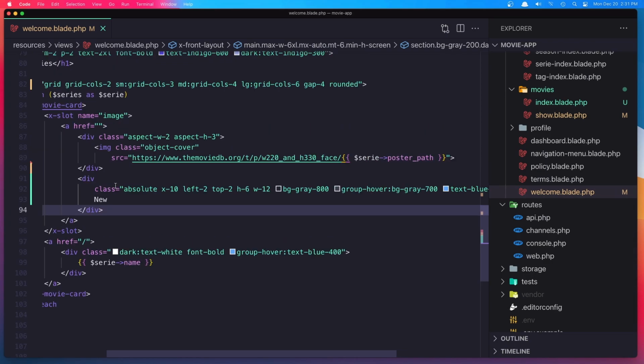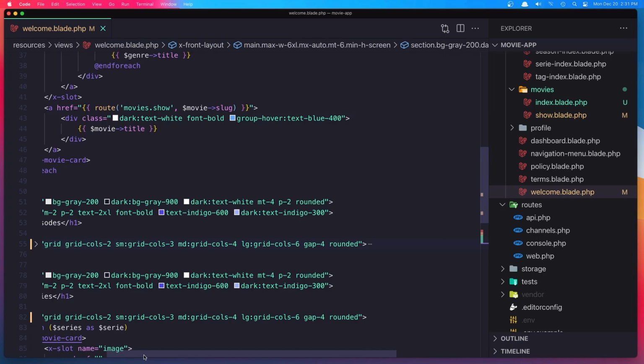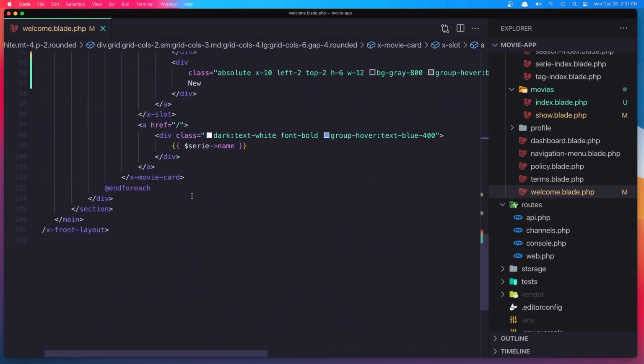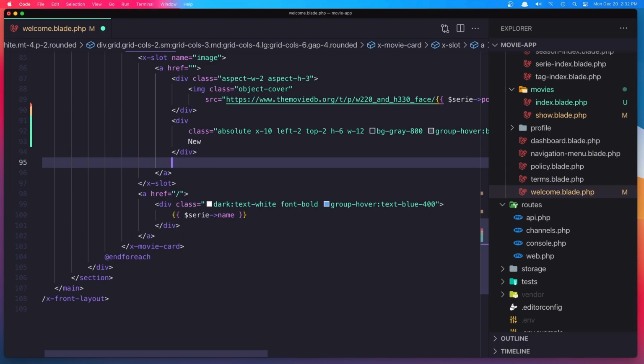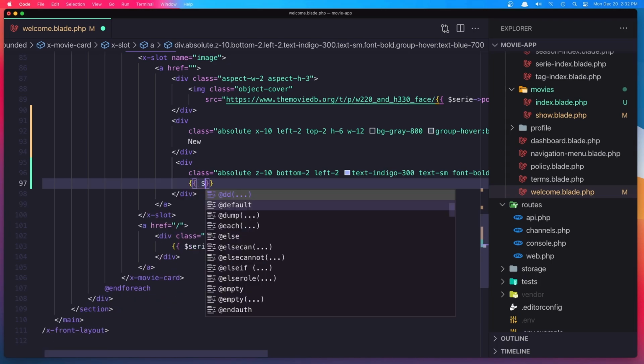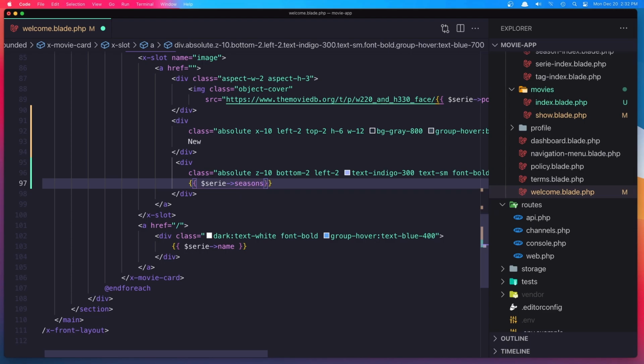And now inside here, I'm going to copy the div we have for the genres in the movies and paste it here. But instead of genres, I'm going to display $series seasons count. Okay, save,